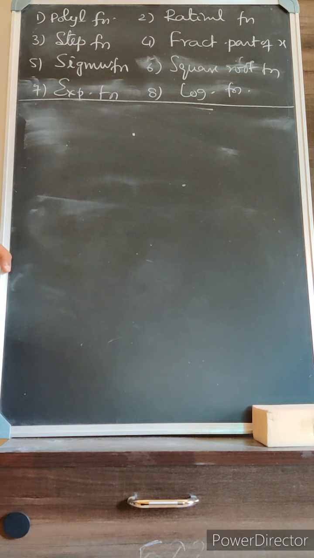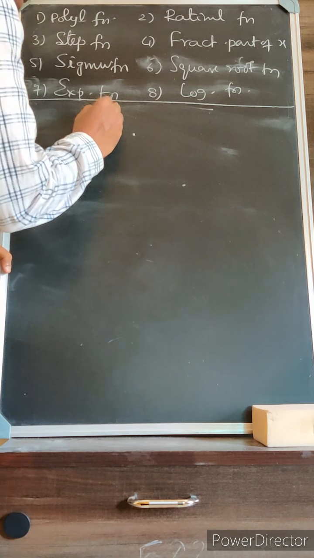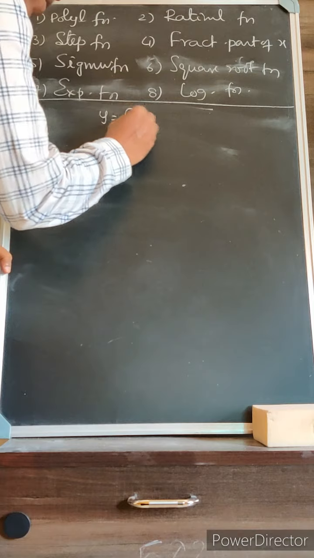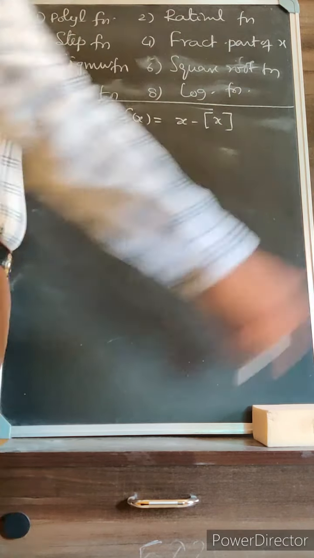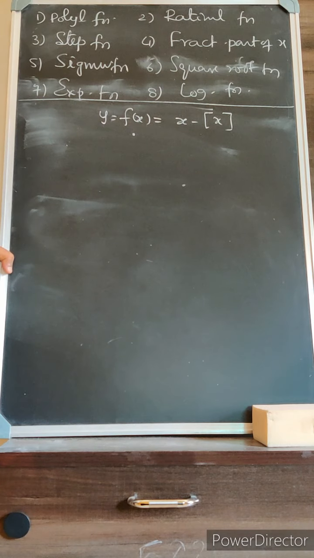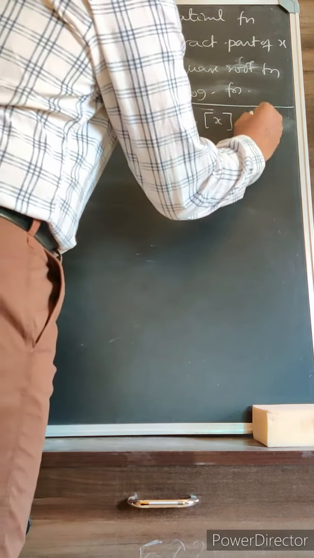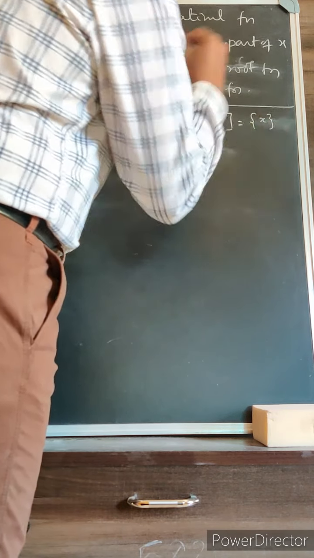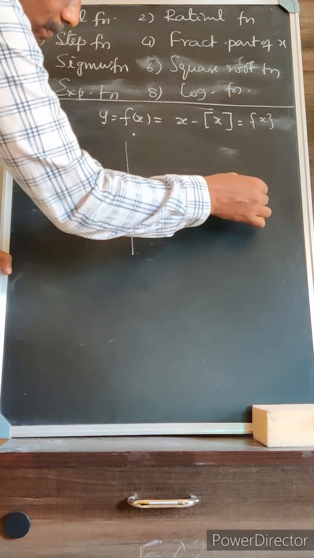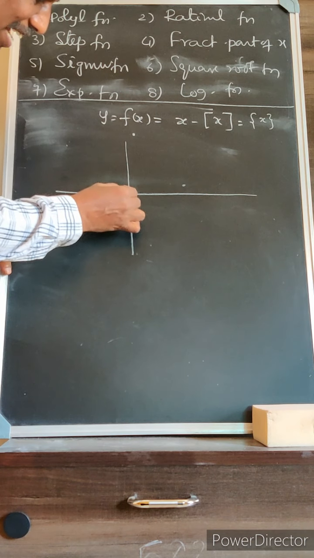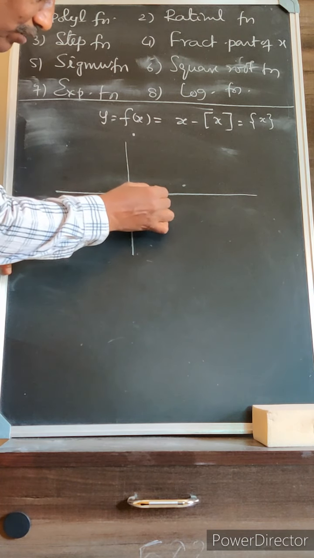Next is the fractional part of x. Y equal to f of x is equal to x minus the integral part of x. This function is called the fractional part of x. It is also denoted by the fractional part of x. Now, we can easily understand from the graph of the function